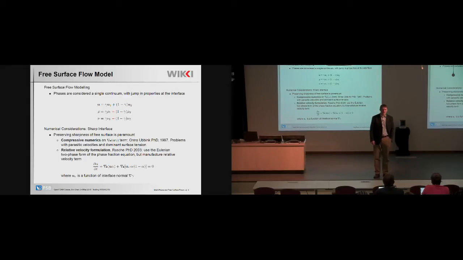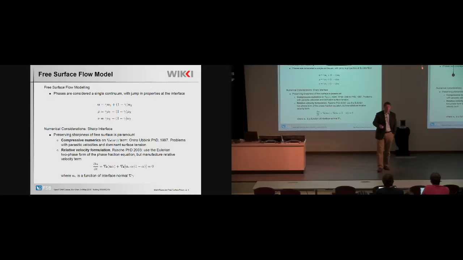In which case, gamma will be 0.5, and the mean density will be 0.5 times 1000 plus 1 minus 0.5 times 1, which is 500 and a half. That will be the mean density of the cell. This system works quite well, with the issue that solving an equation d alpha dt plus divergence of u alpha equals 0